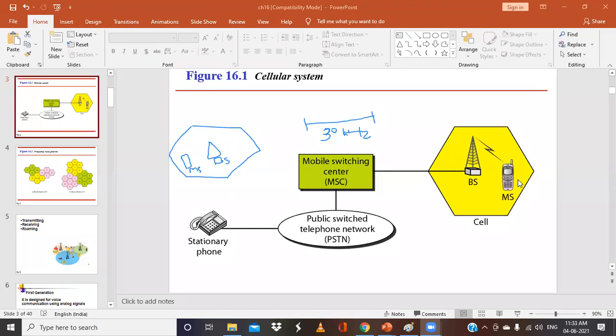So it is one of the features of cellular telephony. Roaming means in principle that a user can have access to communication, or can be reached, wherever there is coverage, whether it is the coverage of your service provider or of some other service provider. A service provider usually has a limited coverage, but if you go out of that boundary, you will be connected to some other service provider. So it is based on a contract basis.